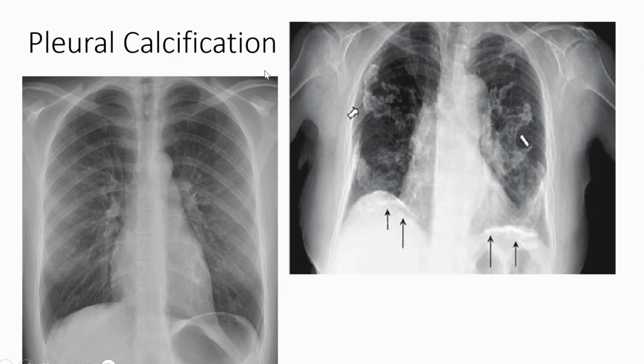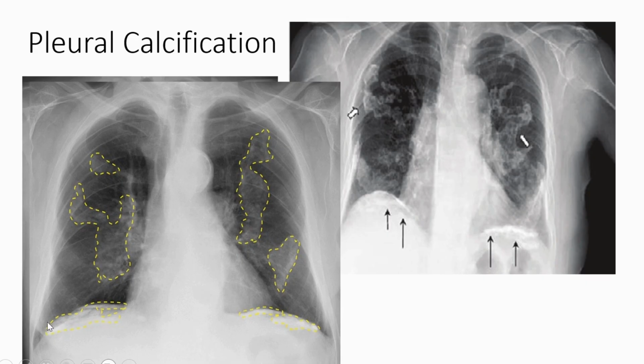Now pleural calcification. Pleural calcification is commonly due to infection or pneumoconiosis, which appears as a geographical radio-opacity in the lung field. In a normal chest X-ray, we cannot visualize the pleura because it is a very thin structure. But if it is calcified, it is visualized in the chest X-ray. A lateral film is recommended to differentiate it from pleural, intrapulmonary or chest wall pathology. So this is about pleural calcification.